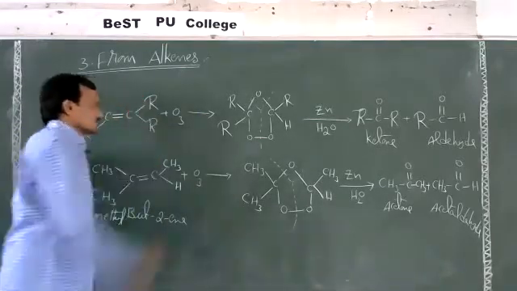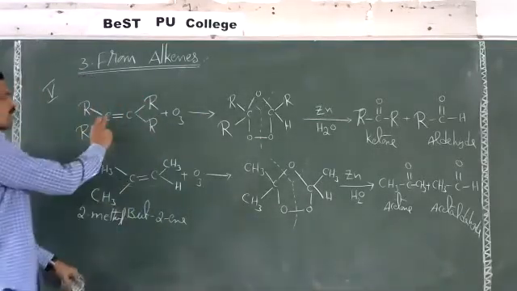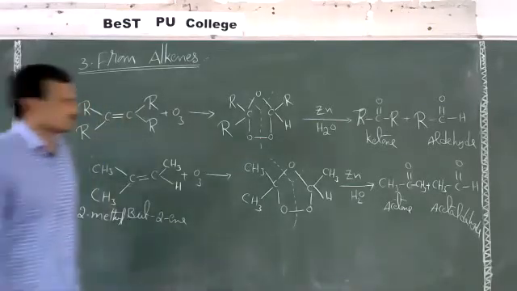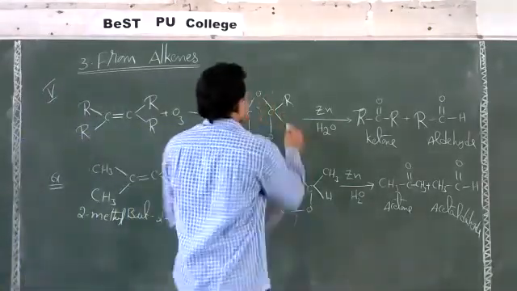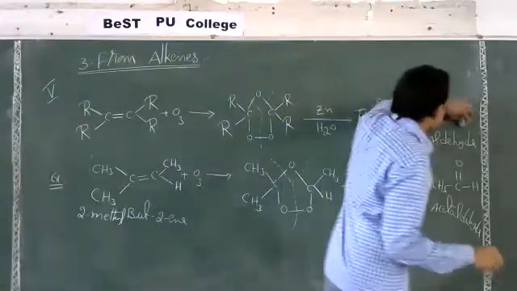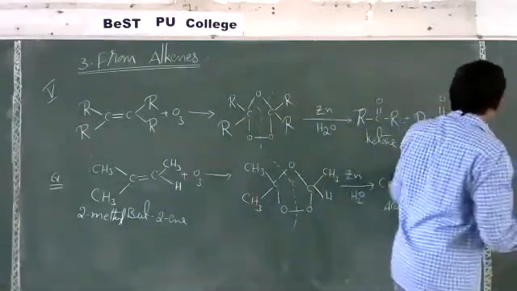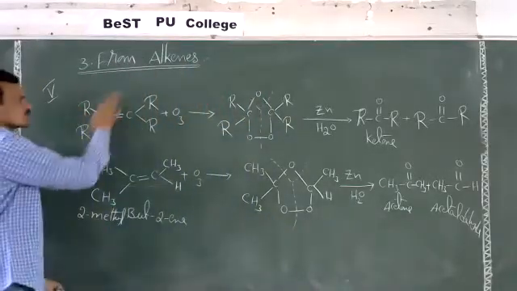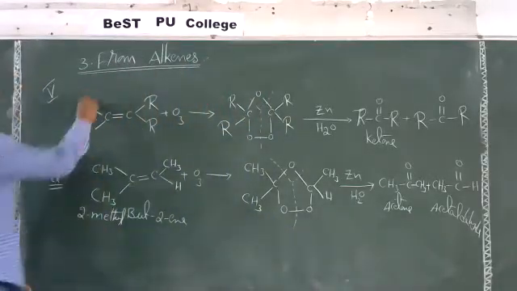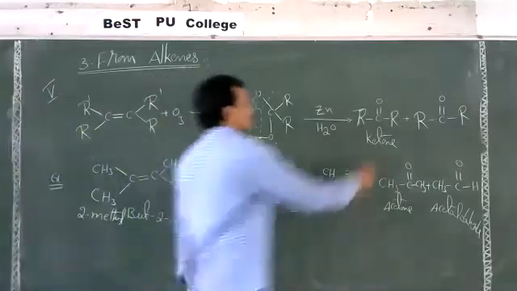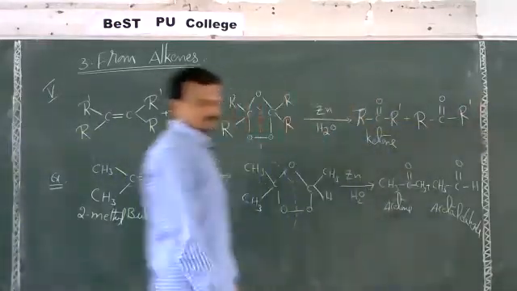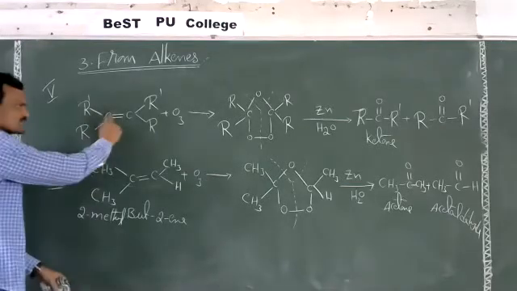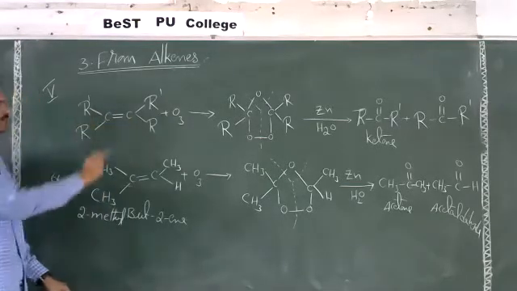Fully substituted alkene means a tetra-substituted alkene, where on each double bond carbon 2 substituents are there. There are 2 alkyl groups. Now here also replace hydrogen with R, then here also R. That means here you can get only ketones. And one more, these alkyl groups may be same or may be different. Suppose if you take R dash and R dash here, then you can get R dash and R dash here. So the 2 alkyl groups may be same or may be different. So fully substituted alkenes means no hydrogens are present on double bond